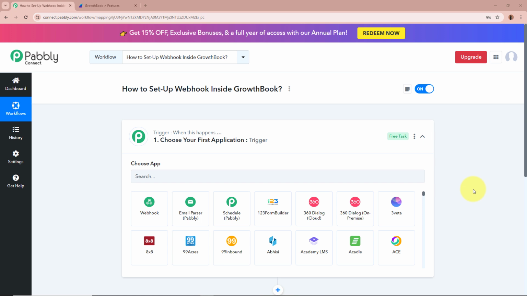In this video, we're going to learn how to set up Webhook inside GrowthBook. GrowthBook is an application that helps businesses experiment with and optimize their websites or apps to improve user experience and performance. In simple terms, it allows companies to run tests on different features or designs to see what works the best and make data-driven decisions to grow their products or services. And we're going to learn in this video how you can set up Webhook inside GrowthBook with Pabbly Connect step